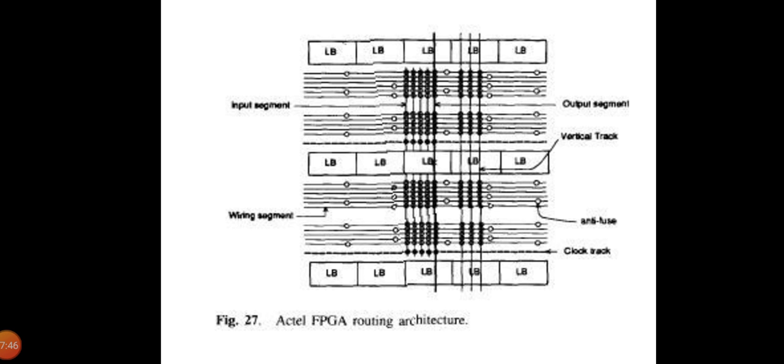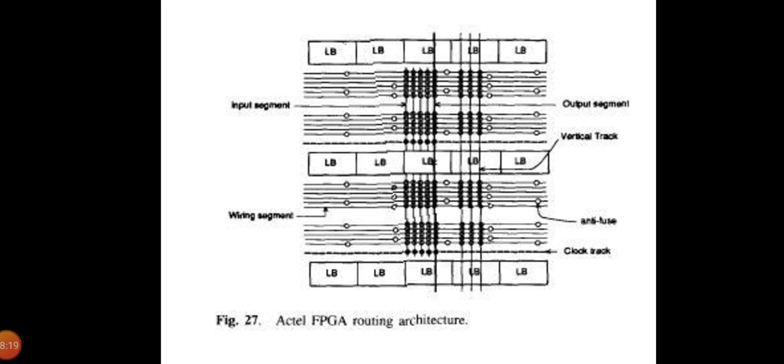So this diagram shows the Actel FPGA routing architecture. It is similar to a channeled gate array. The channel routing uses dedicated rectangular areas of fixed size within the chip called wiring channels, or just channels. The horizontal channels run across the chip in the horizontal direction. In the vertical direction, there are similar vertical channels that run over the top of the basic logic cells, that is, the logic modules.